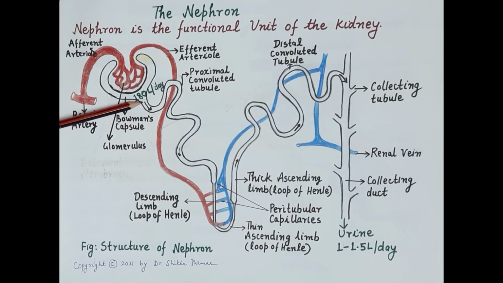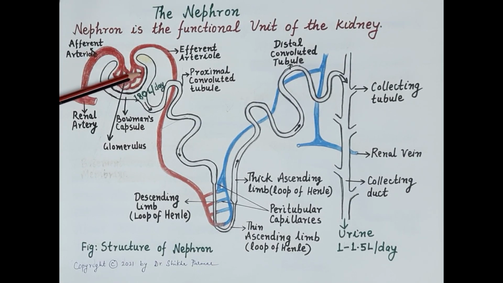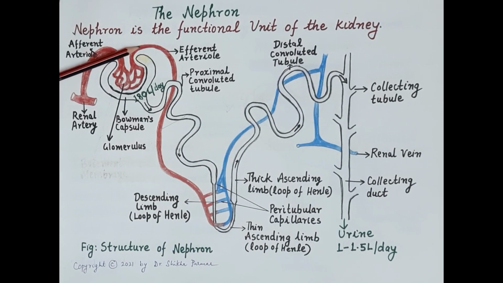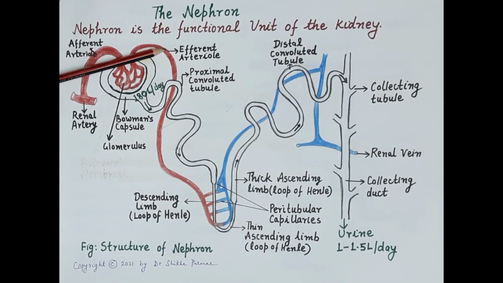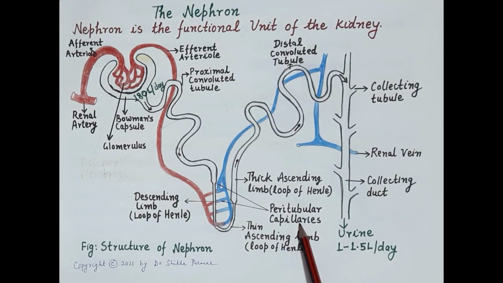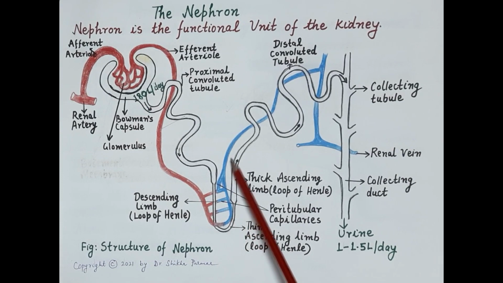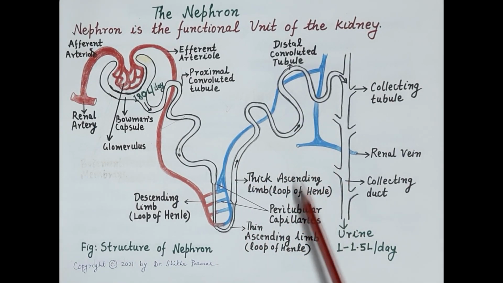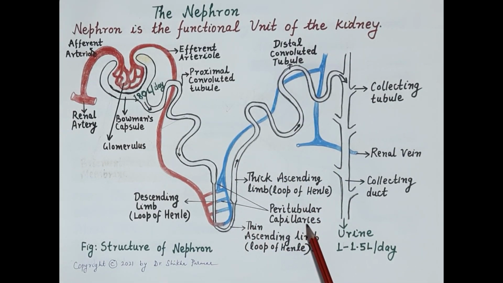into the renal tubule. Now the blood that is not filtered, the unfiltered blood along with the different substances, is carried away from the glomerulus by the efferent arteriole. Now this efferent arteriole further branches into smaller capillaries and these small capillaries are called the peritubular capillaries. And as shown here in the diagram, these peritubular capillaries surround the tubule of nephron and these capillaries are also termed as the vasa recta.